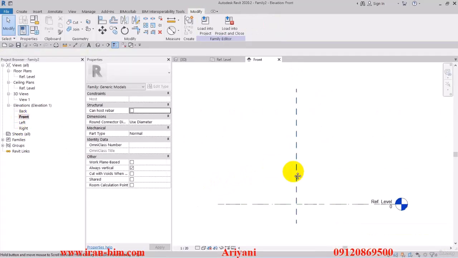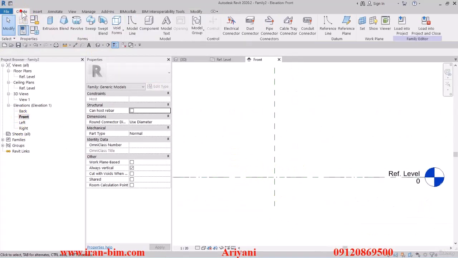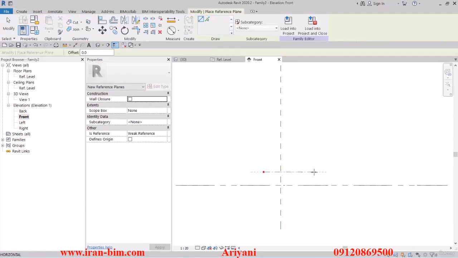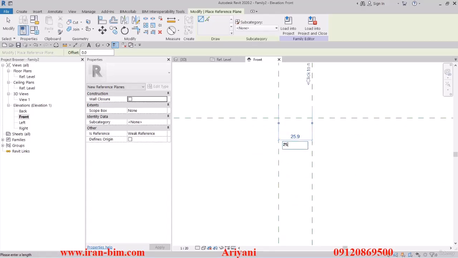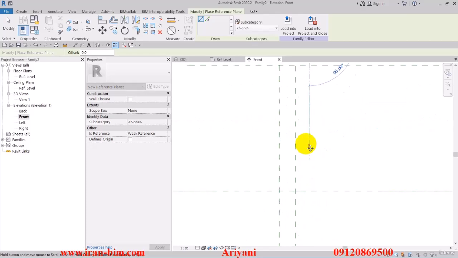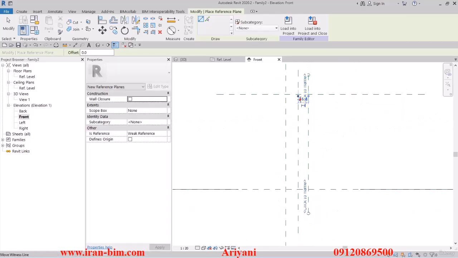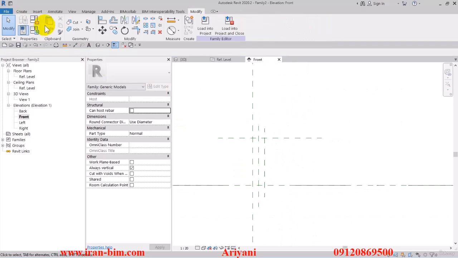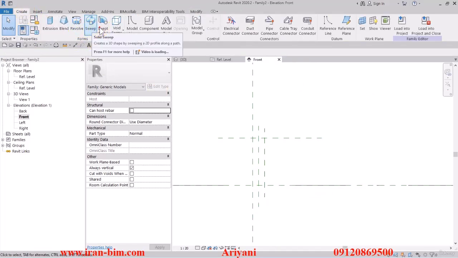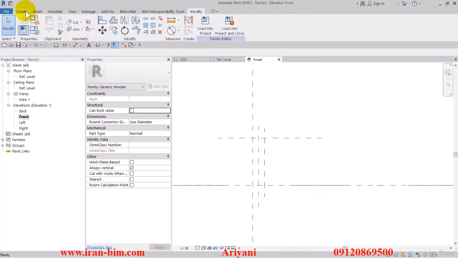And after that, go to the front view here. Once again, select the reference plane. Draw one here, 195, and then another one vertically, and that's 25, and then another one here, which is also 25. And then here from the Create tab, I'll use the Sweep tool, select the sketch path, and here draw